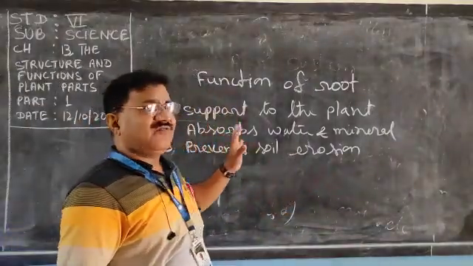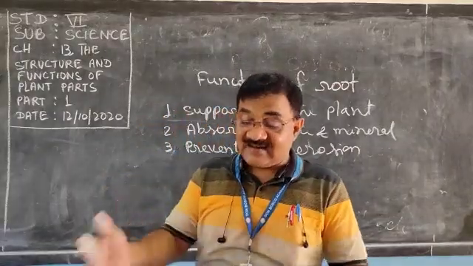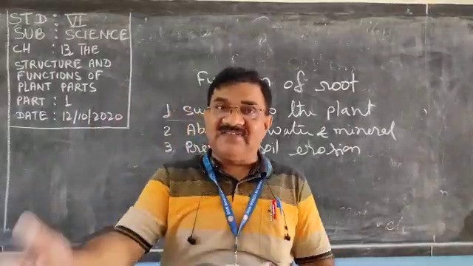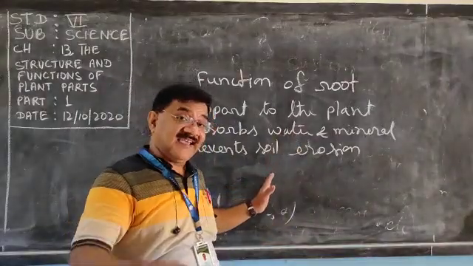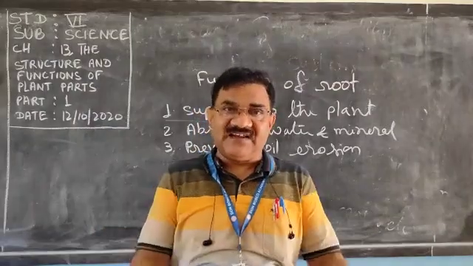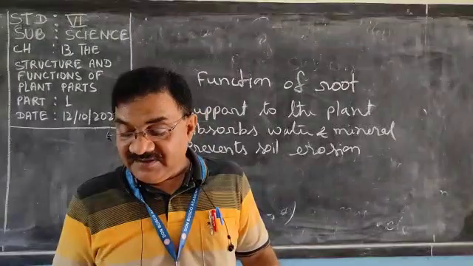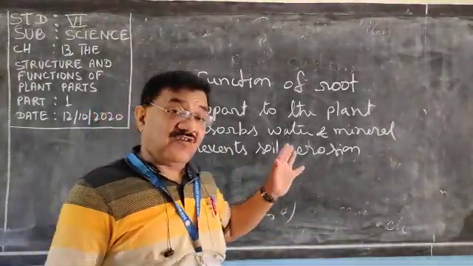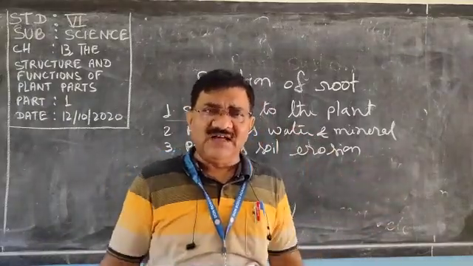In case of a weak stem, like money plant, the root acts as a climber and helps in climbing. Some roots help in nitrogen fixation, meaning they increase the fertility of the soil, like gram and pea. And some roots store a large amount of food also. So food is also stored in the root.